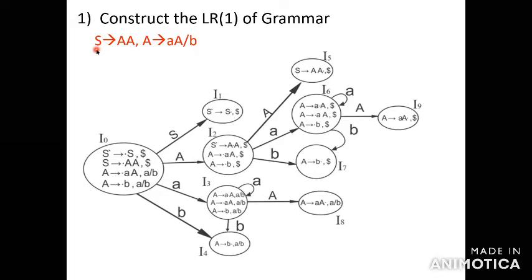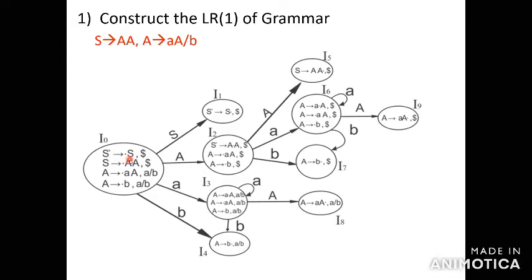So what is the starting of the grammar? The starting of the grammar is S. So for the first step, you have to create the augmented grammar for the given production. The starting of the grammar is S, so you create the augmented grammar S' tends to dot S. It's clear? S' tends to dot S. So I have to create the same grammar for S', so S' tends to dot S.